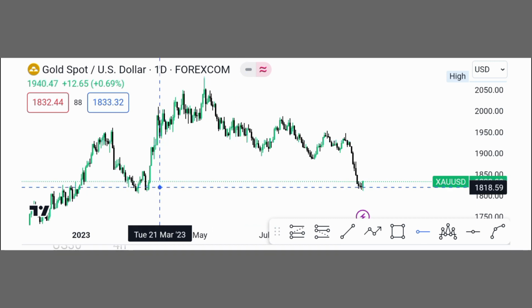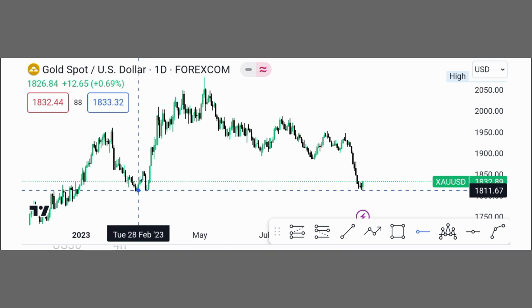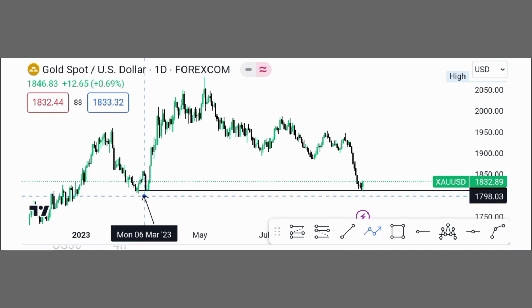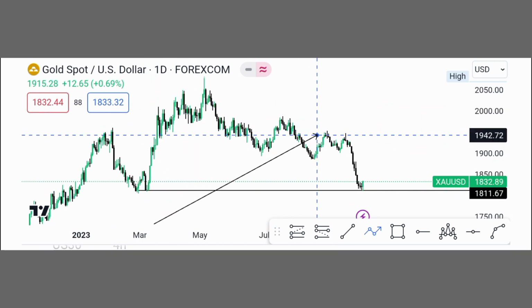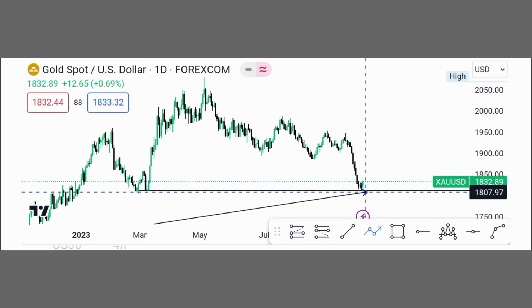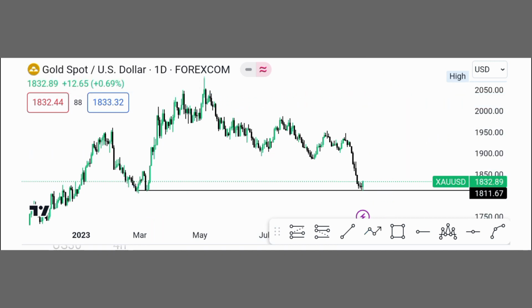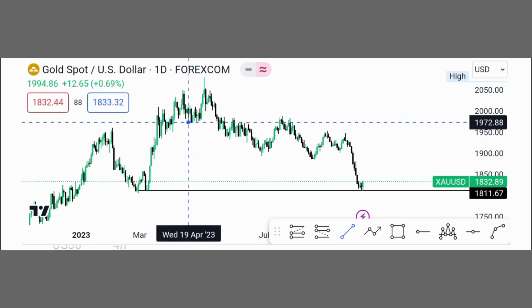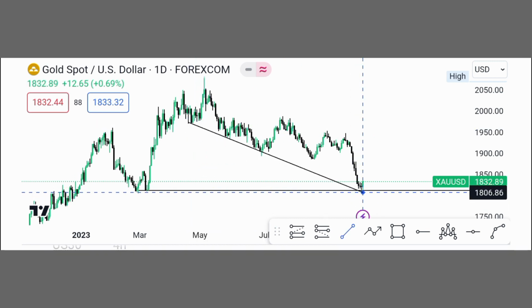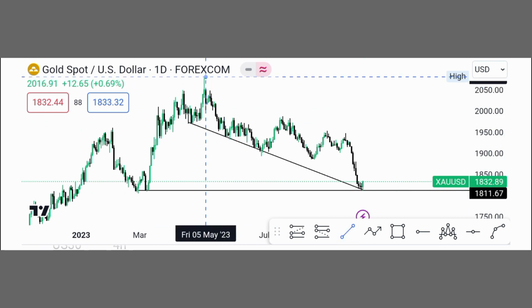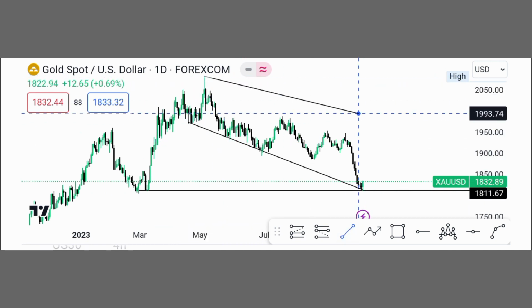So I can see that we have a very sensitive level around this area. Came on this level, bounced back, went to the upside. Now we came back again, so now we're looking to bounce back and go all the way to the upside. Okay, and then we're going to identify our patterns, right? I see that we have a young, beautiful pattern around this area, and then we have another one over here,